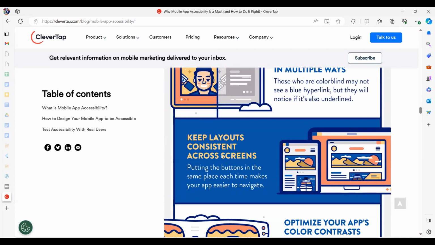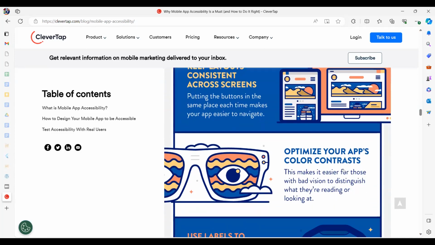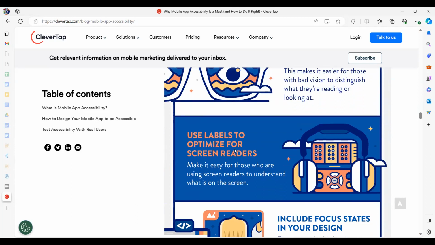Keep layout consistent across screens. That's one. Optimize your app's color contrast because there are colorblind people. Use labels to optimize for screen readers. Now, what does that mean? People with visual problems, they can turn on audio feedback, right? Now, the audio feedback system needs to know what is on the screen.